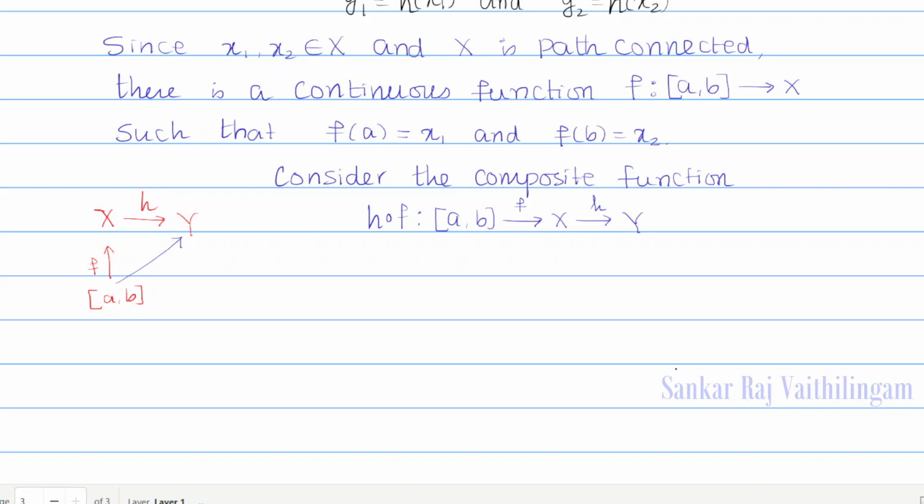Okay, so clearly, since h and f are continuous,